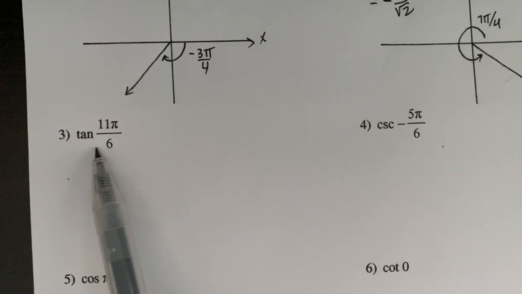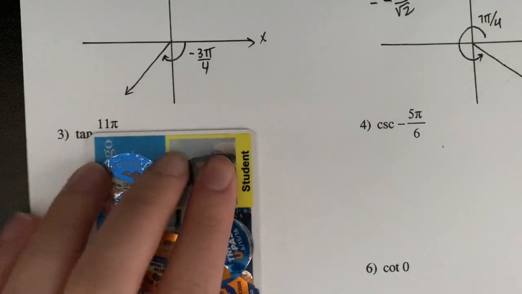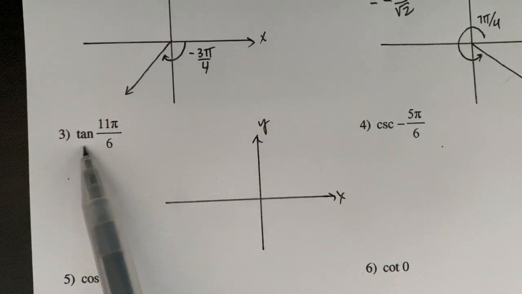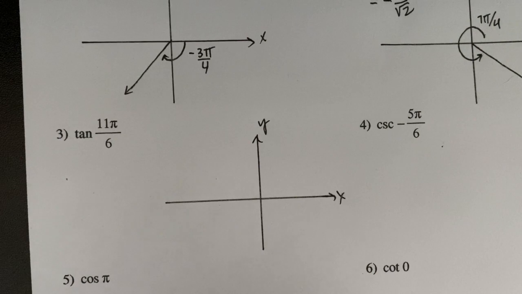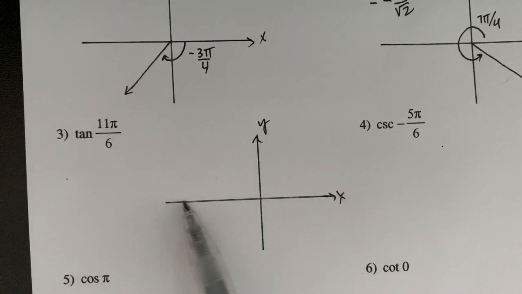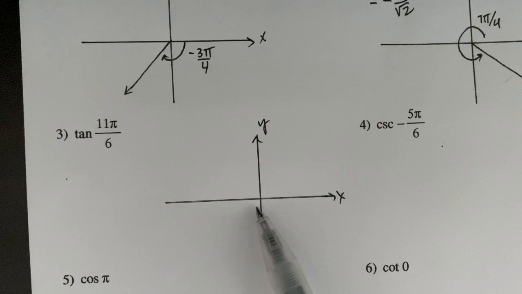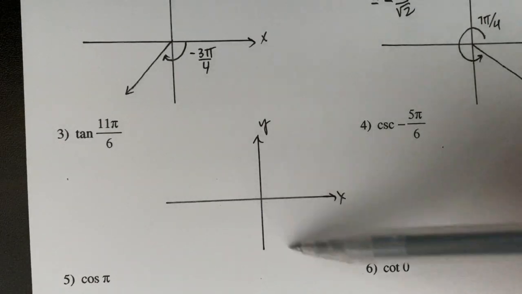Let's find tangent of 11 pi over 6. We're going to do the same thing. Let's figure out which quadrant we're in. Our angle is given to us in 6, so let's count in 6. So imagine that each half of the coordinate plane is divided into 6. 1/6, 2/6, 3/6, 4/6, 5/6, 6/6, 7/6, 8/6, 9/6, 10/6,